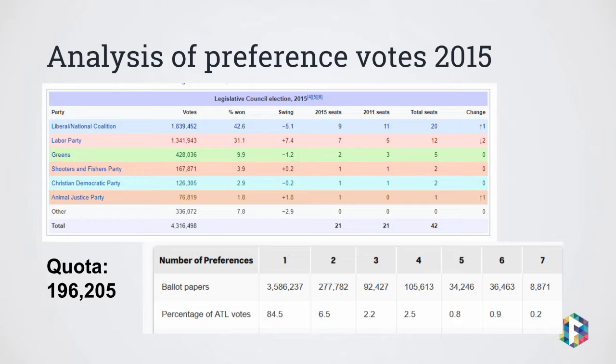So what this means is that there's a very small margin for parties to gain via preference transfers. You'll see it's only that remaining 15% of votes that work through preferences. But nonetheless, it does mean that it is possible for someone to claw back and to make some progress and potentially get elected via those optional preferences.